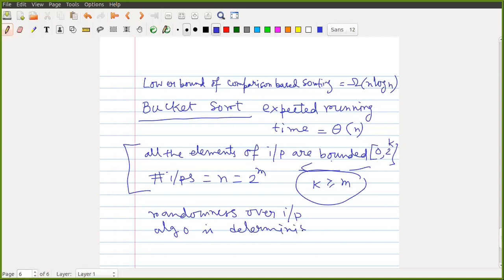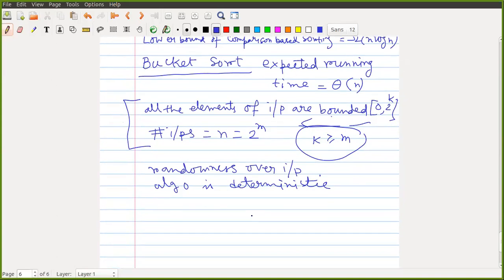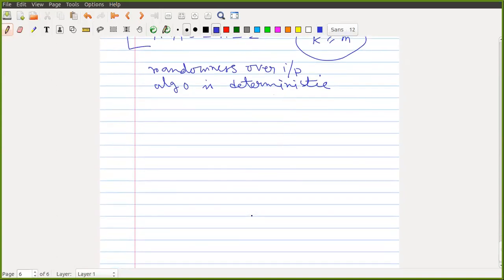Whenever we study this kind of randomized algorithm, I think it is crucial to remember where the randomness is coming from. Whenever we are computing an expectation, over what are we computing the expectation? That part is crucial. The idea is very simple. It is kind of a balls and bins argument.